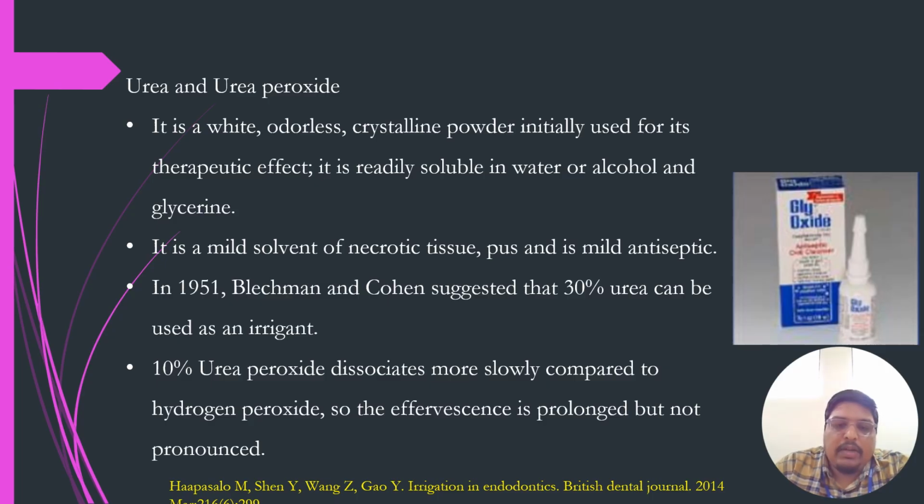It is readily soluble in water, alcohol and glycerin. It is a mild solvent of necrotic tissue and pus, and it is a mild antiseptic. In 1951, Belchman and Cogan suggested that 30% urea can be used as an irrigant. 10% urea peroxide dissociates more slowly when compared to hydrogen peroxide, so its effectiveness is prolonged but